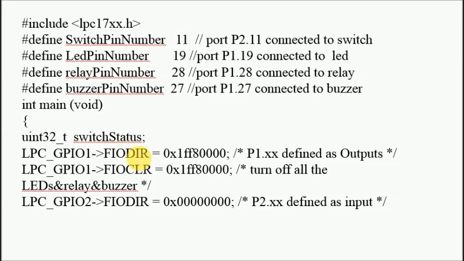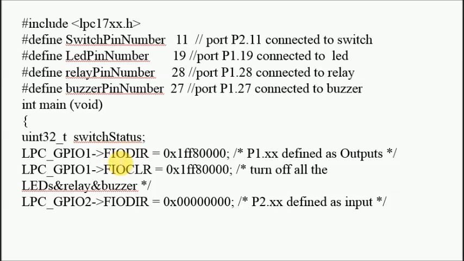We have only 3 pins, so we make only these pins 1. In hexadecimal it is a 32-bit format, and to configure P1.19, P1.28 and P1.27 we have to write 1